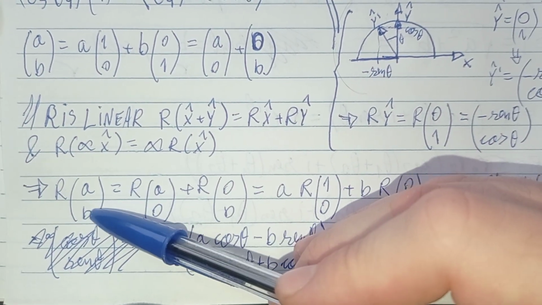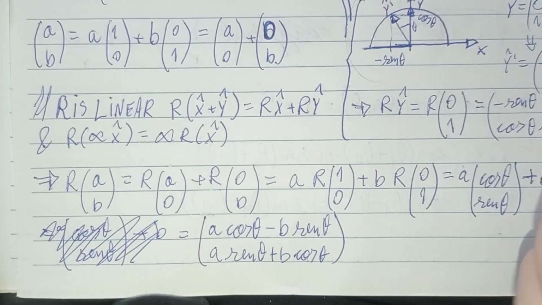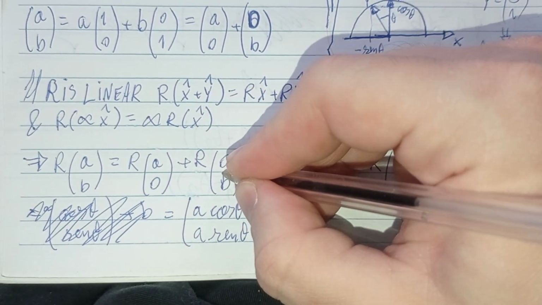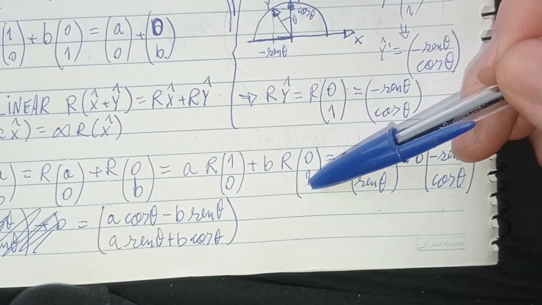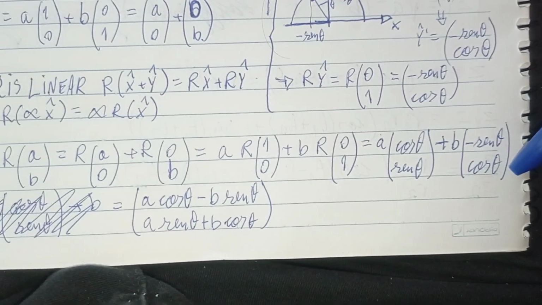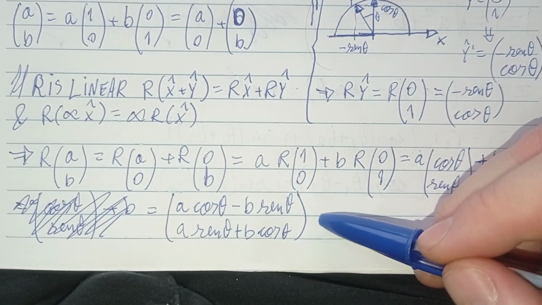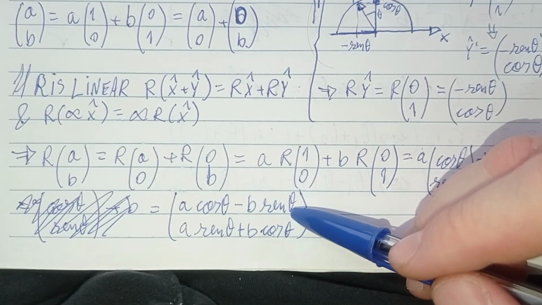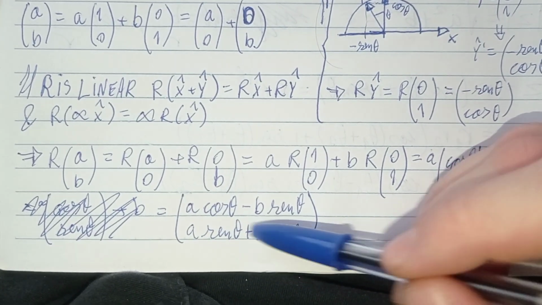That implies that r on vector AB is the same thing as r acting on A0 plus r acting on 0B, which is A times r on 1, 0 and B times r on 0, 1, which is A cosine theta, sine theta plus B minus sine theta, cosine theta, which gives us that the transformation of a general vector AB into a general vector A prime B prime is going to be A cosine theta minus B sine theta for A, and this is now A prime, and A sine theta plus B cosine theta for B, which means this is B prime, so that we obtain, summarizing the following,